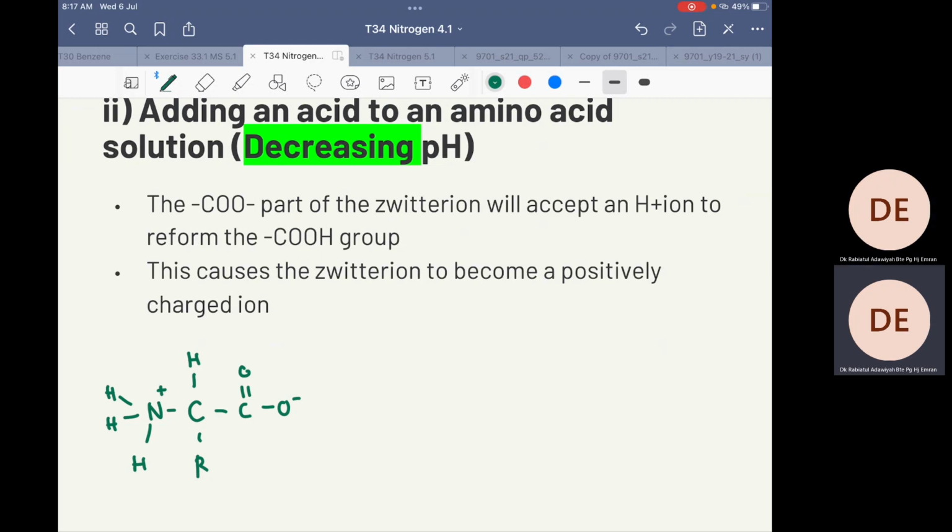Okay. This time plus H plus, which is an acid. So my acid will react with the COO minus. Okay. Because the NH3 plus cannot receive any more H plus. So this H plus will go here to the COO minus to form